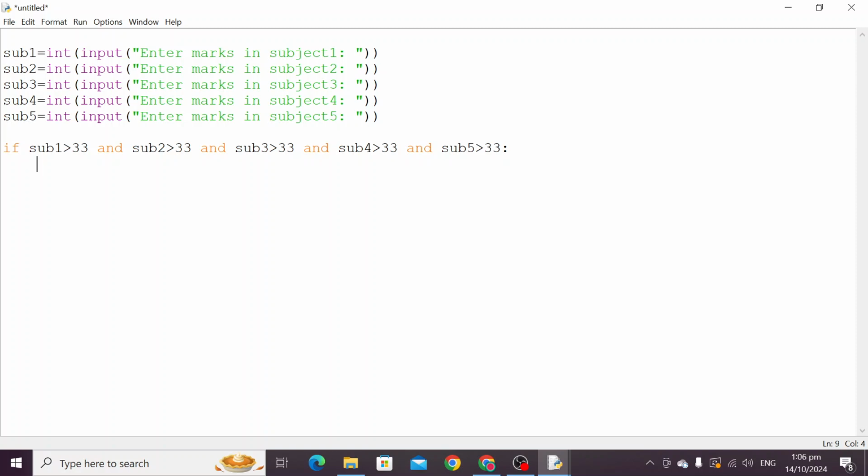Then we can take a variable percent equal to, first of all take addition, add equal to subject 1 plus subject 2 plus subject 3 plus subject 4 plus subject 5. Now we can take the percent variable, percent equal to add divided by 5, because all the subjects have marks out of 100 and the total number of subjects is 5. So simply we divide by 5, automatically the average will be calculated, which is the percentage. And again, if percent is more than 33, then